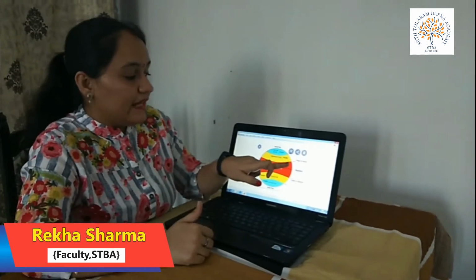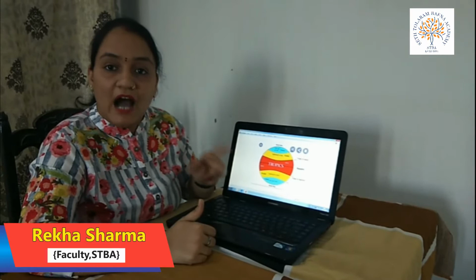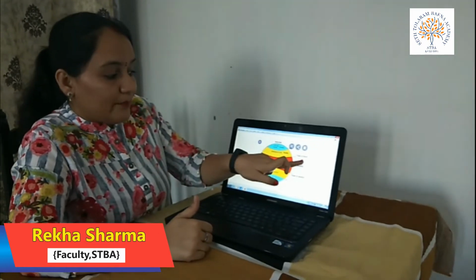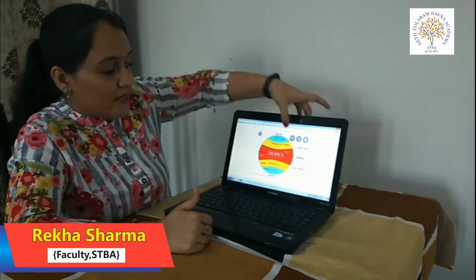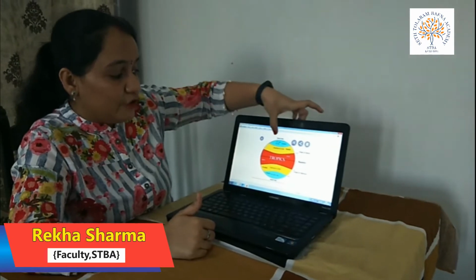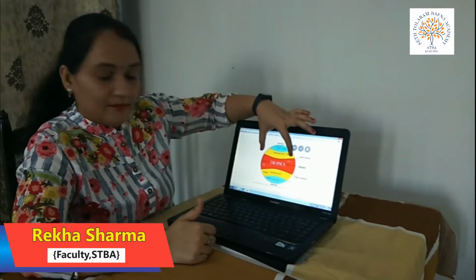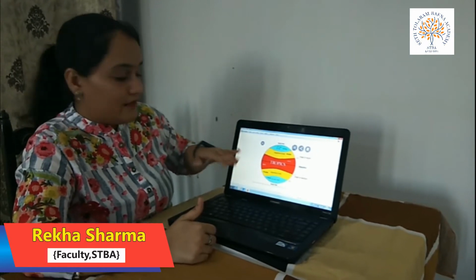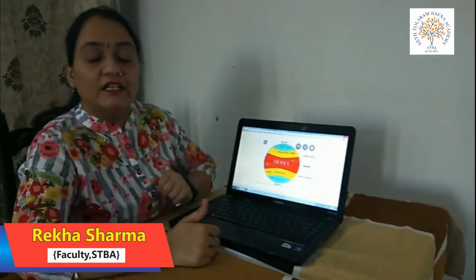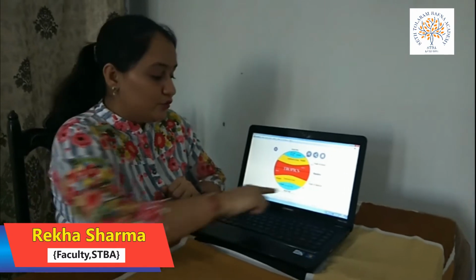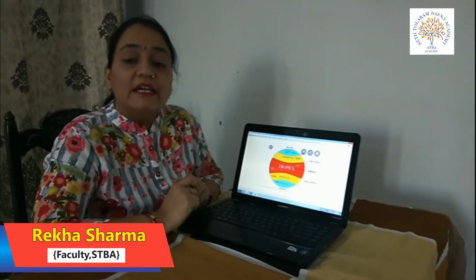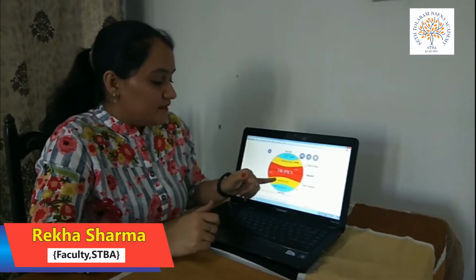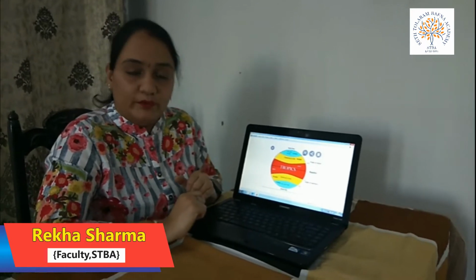As you can see, it lies from the 23.5 degree north Tropic of Cancer to the 66.5 degree North Pole. That is the temperate zone. The same thing lies in the southern part, that is from the 23.5 degree Tropic of Capricorn to the 66.5 degree South Pole. This is called the temperate zone.